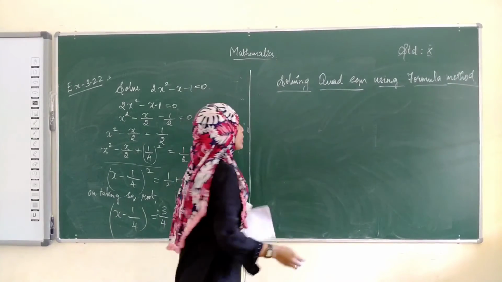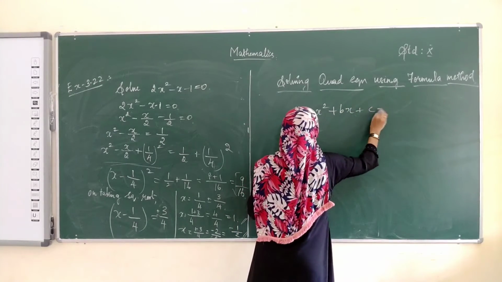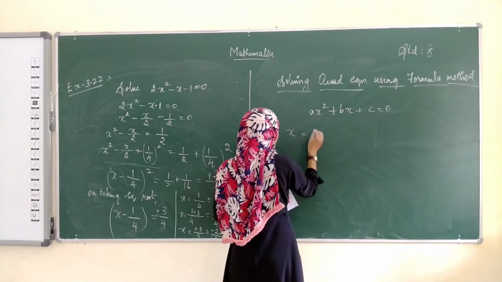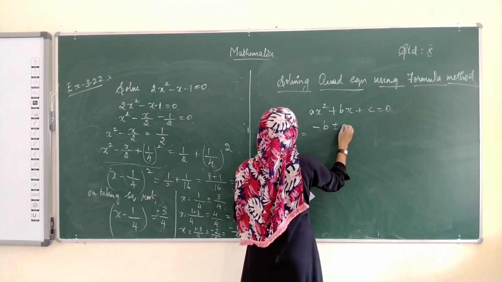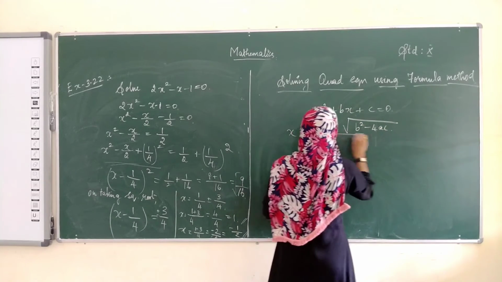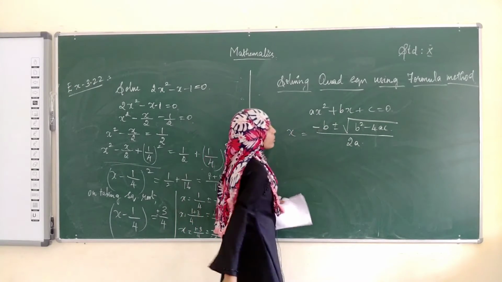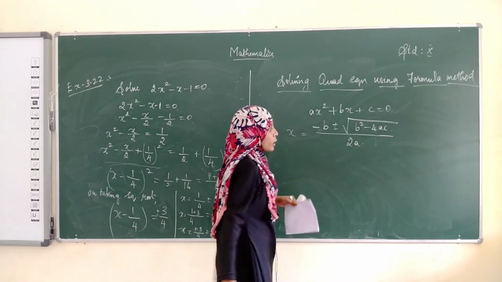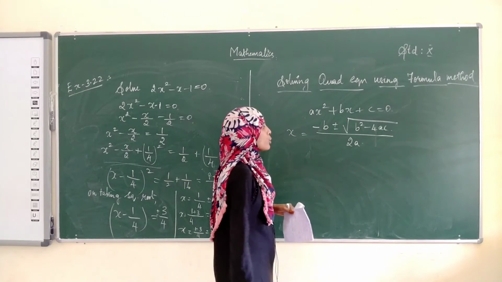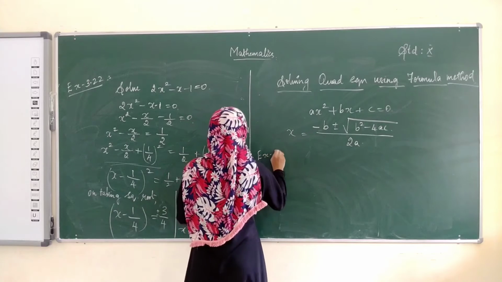Okay. So what's the formula for the given equation? ax square plus bx plus c equal to 0. We can find the solution of x using this formula: x is equal to minus b plus or minus root of b square minus 4ac divided by 2a. See, the values of a, b and c can be taken from the given equation. You have to remember this formula, that is, x is equal to minus b plus or minus root of b square minus 4ac divided by 2a. See the example.